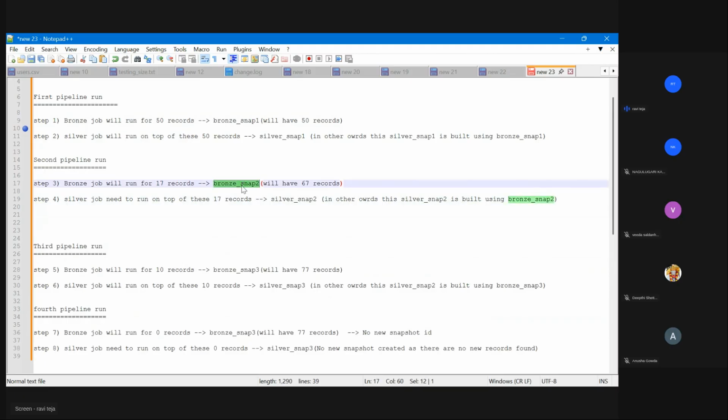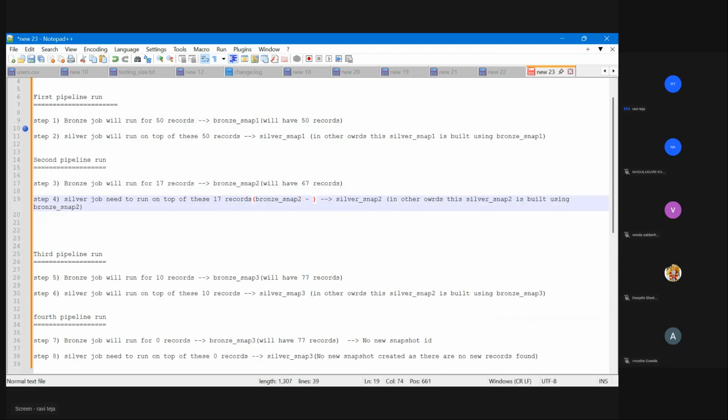Bronze snapshot 2 minus bronze snapshot 1. If you take this bronze snapshot 2 with 67 records and do minus on these records, then you will process only 17 records. Now it will create silver snapshot 2. In other words, the silver snapshot 2 is built using bronze snapshot 2 minus bronze snapshot 1.